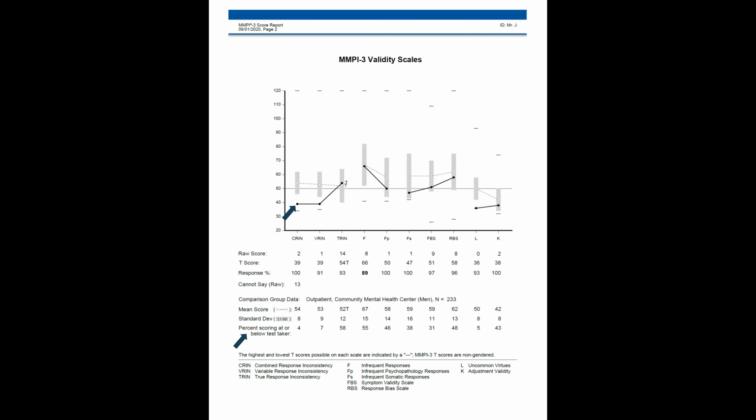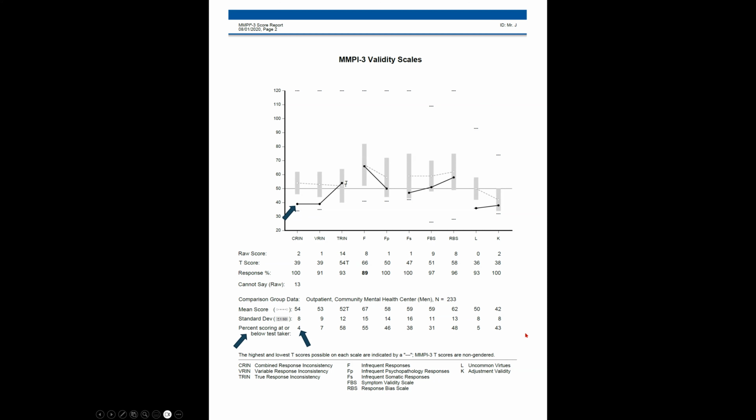The final row of numbers with the comparison groups is an important one. It tells us what percent of individuals in a comparison group score at or below a test taker. These numbers are analogous to percentiles. They're not calculated exactly the same way, but they can be interpreted the same as percentiles. So we can see that in this case, we have an individual at the 4th percentile, so much more consistent responding for this test taker than what we typically see in a mental health outpatient. This was someone who was very meticulous, very cautious, particularly for a mental health outpatient, in responding to the items of the MMPI-3, and that put them at the 4th percentile.